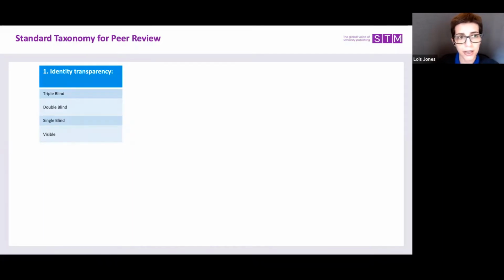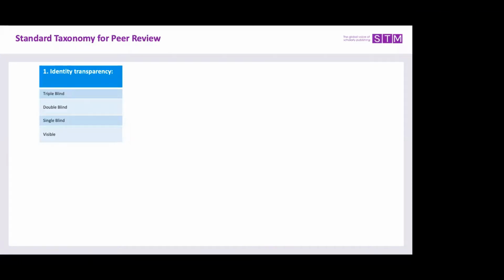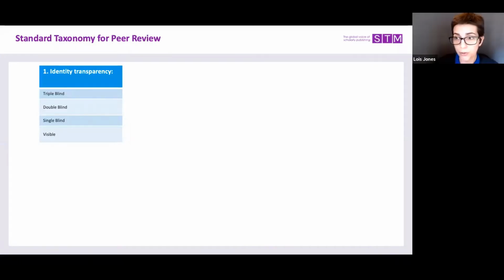Triple is that, but in addition, the editor who is actually making the decision doesn't know the reviewer or author identities either. Visible is basically everyone knows who everybody is. So this is pretty straightforward. Important to note that this is during peer review. This doesn't actually mean anything during the publication process.